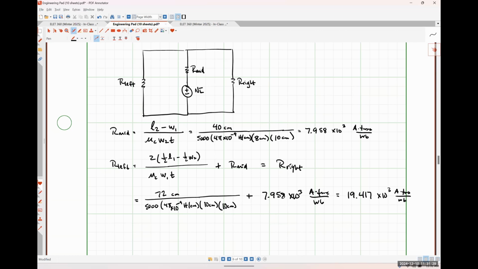So I have an issue. 2R left implies that the left branch and the right branch are in series, but I don't think they're in series. They are in parallel, my dude. So I think it should be R mid plus half of R left, right? Because R left in parallel with R right, when they're equal to each other, is going to be just half, right? So REQ